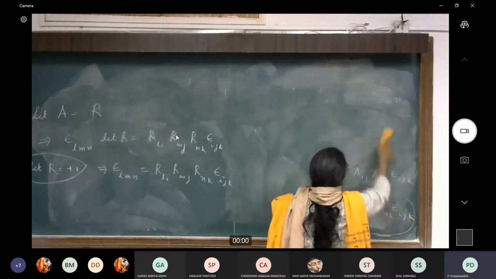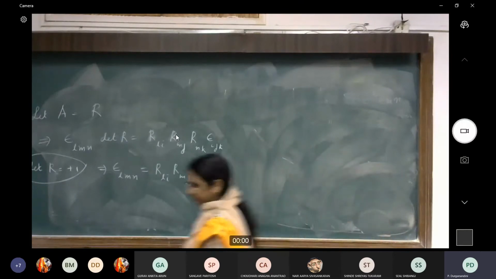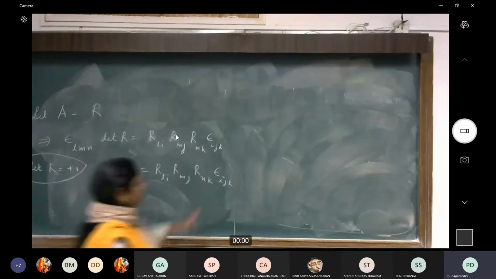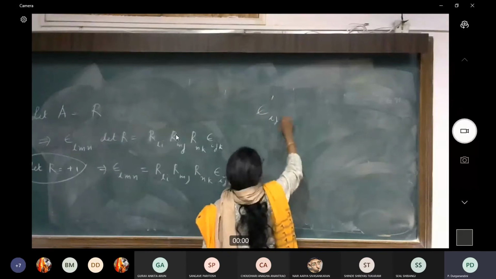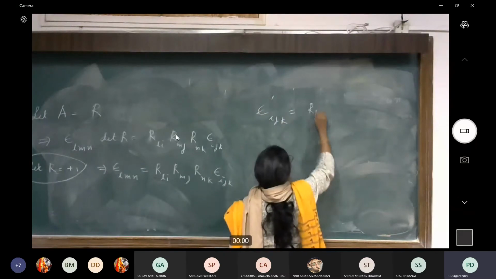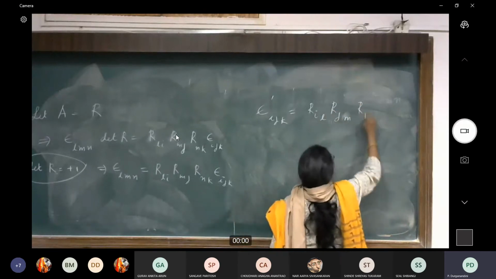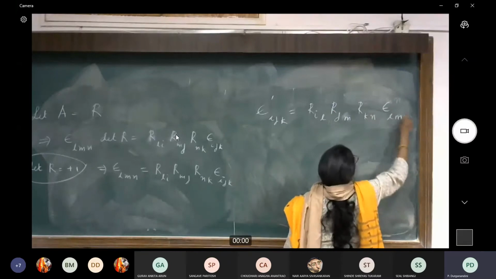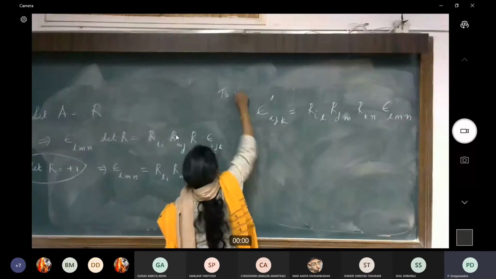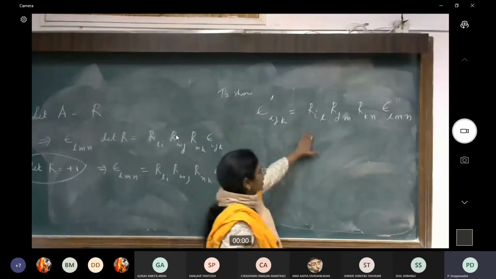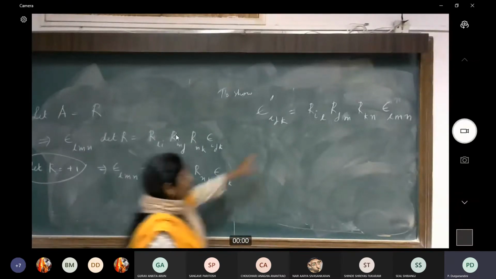Now if I go back, what is it that I wanted to show? I wanted to show that epsilon transforms like a third rank tensor. Now how does one demonstrate that something is a third rank tensor? Okay, so what I have to show is that epsilon prime ijk equals R_IL, R_JM, R_KN, epsilon_LMN. This is what I need to show. Because if I can show that with respect to the basis, the transformed epsilon transforms like this, then in that case, I know that my epsilon behaves like a third rank tensor. I have 3 R's here.